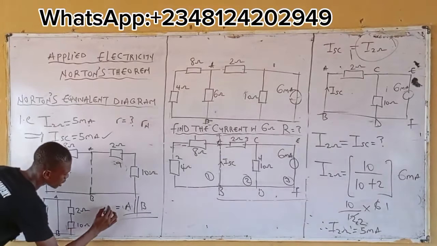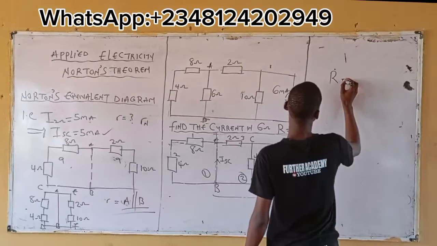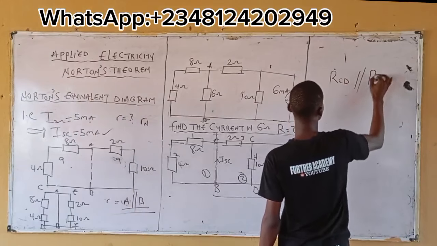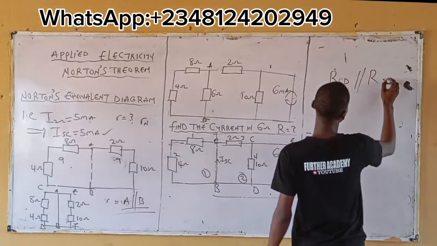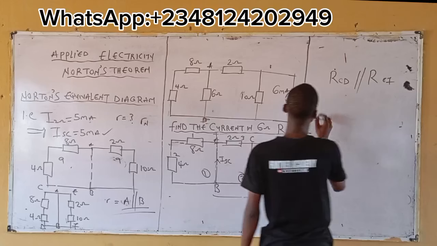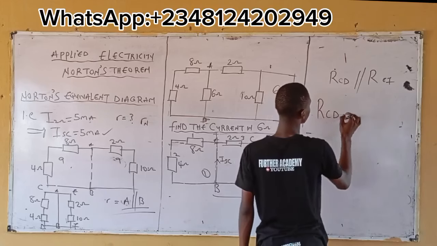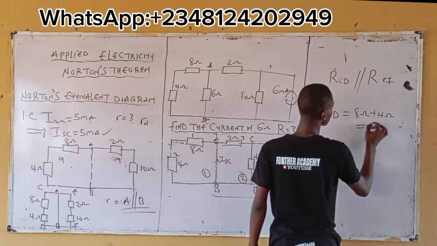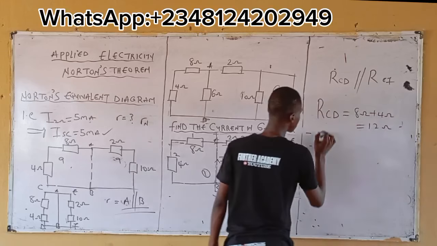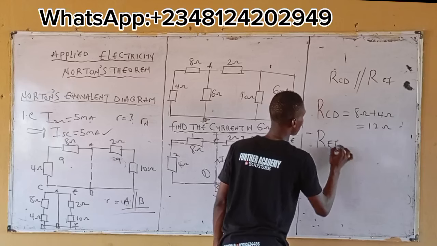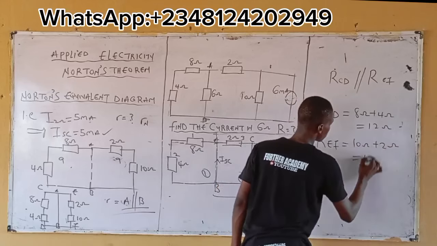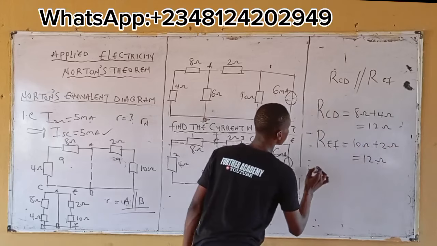So from here, let's solve. Branch CB is parallel to the resistor of branch EF. Now let's solve for branch CB. What's our answer? 8 ohms plus 4 ohms, which is equal to 12 ohms. Let's solve for branch EF. 10 ohms plus 2 ohms, which is equal to 12 ohms. Therefore,